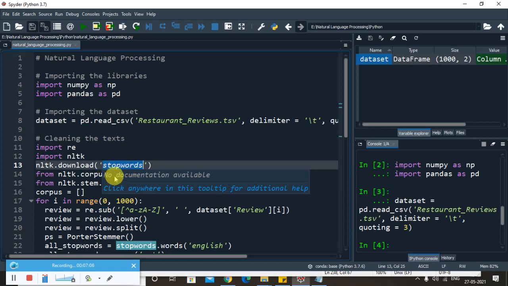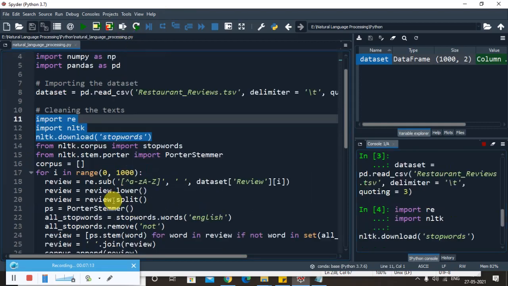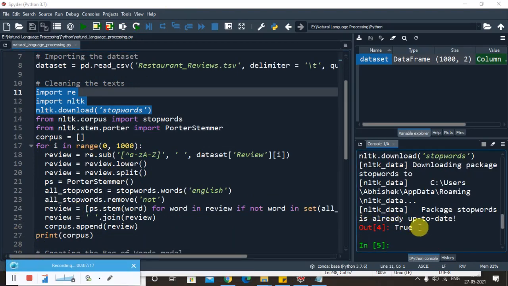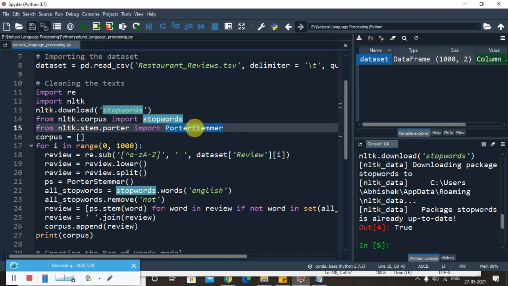So let us execute till here. And you can see that we have successfully downloaded all these libraries here. It's successfully installed in the workspace. Now from nltk.corpus we have to import the class called stopwords, right? So basically this line of code downloads them, and finally we will import the PorterStemmer class